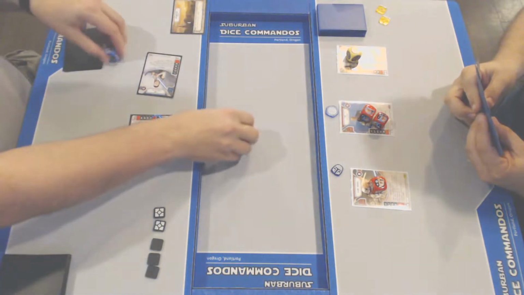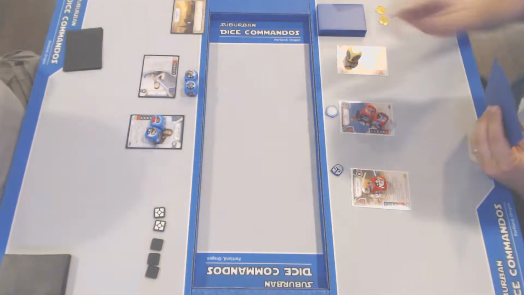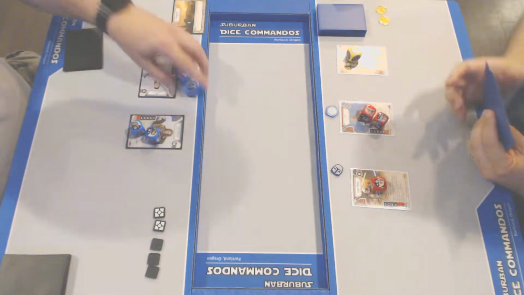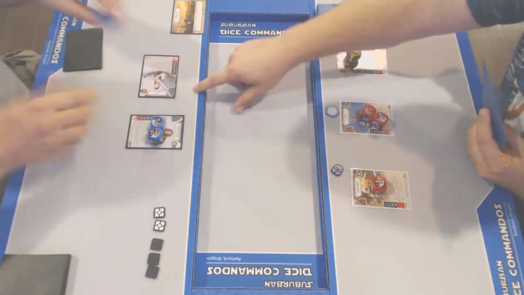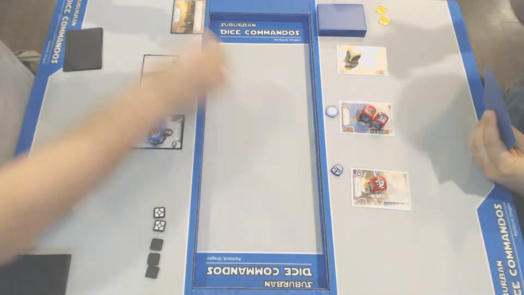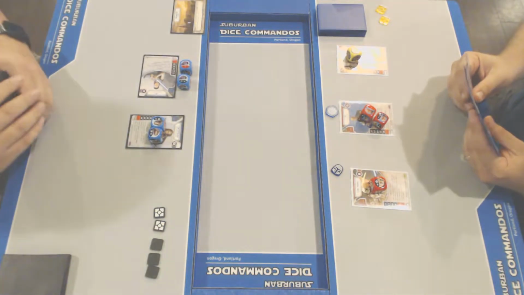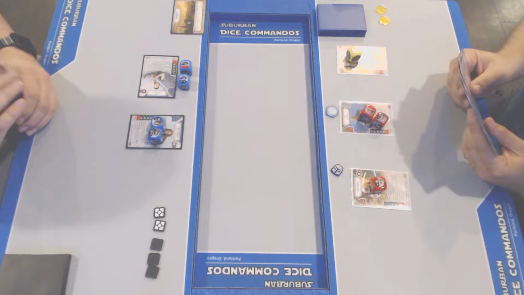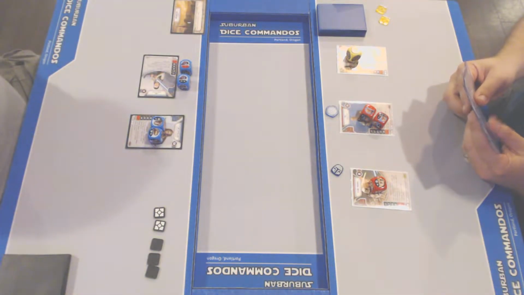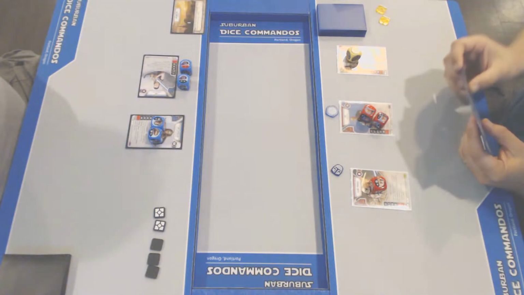Rolls in. Rolls pretty well. Although we do notice we have a die mismatch, so he's going to re-roll that. He rolled the melee on Ray, and then rolls with the other Ray die in for a blank. So the play goes to Steven. I'm sure he'll roll on Rex to take control. But